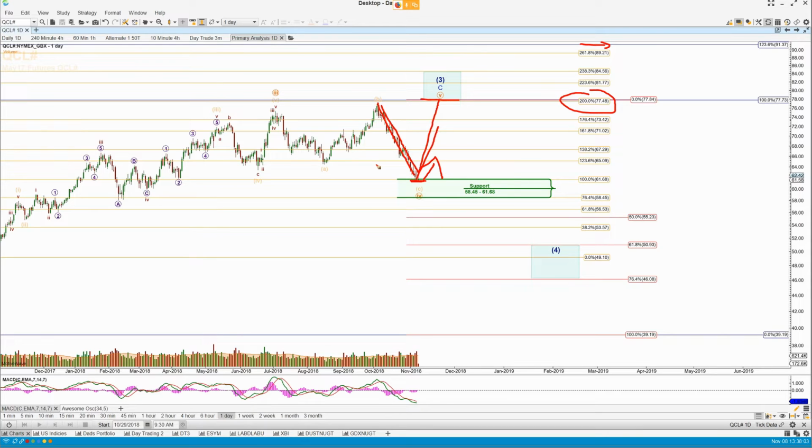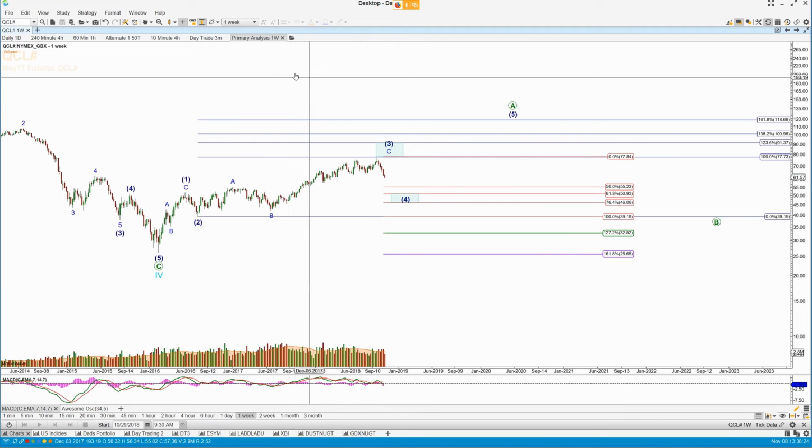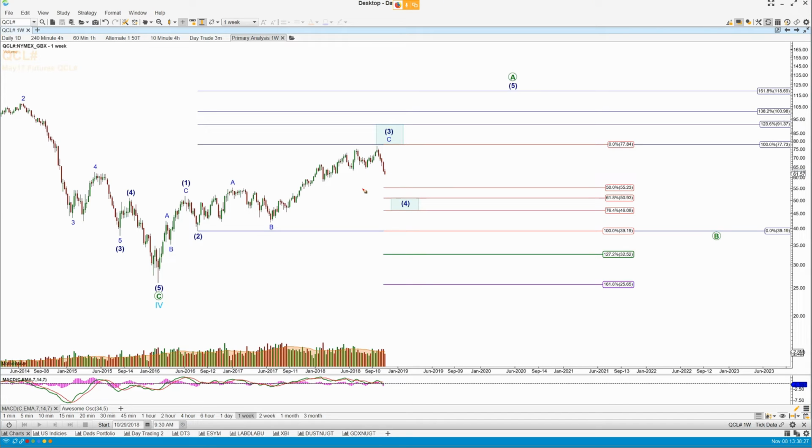Again, this is the 2.0 extension. We often see the 3 go up to the 2.0 extension in CL. It's rare to see a 5th wave complete at the 2.0 extension in CL. I look for at least the 238.2 and more commonly the 2786 to 2764 to 2786. The 2764 lines up perfectly with that 123.6 from the weekly chart, which if I just show you the weekly